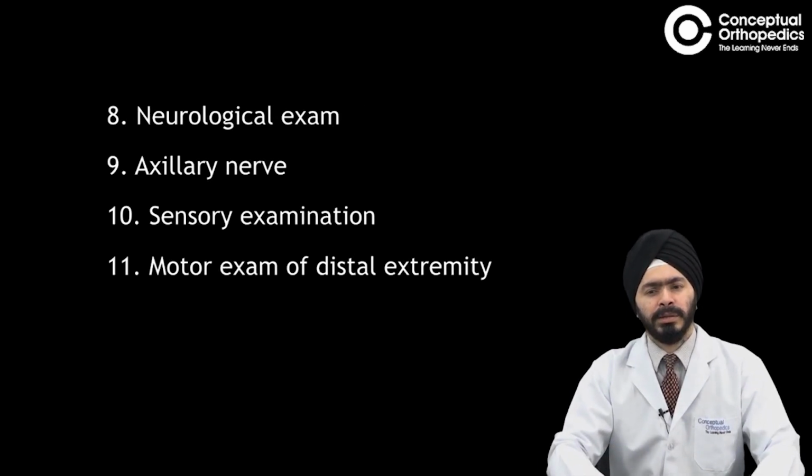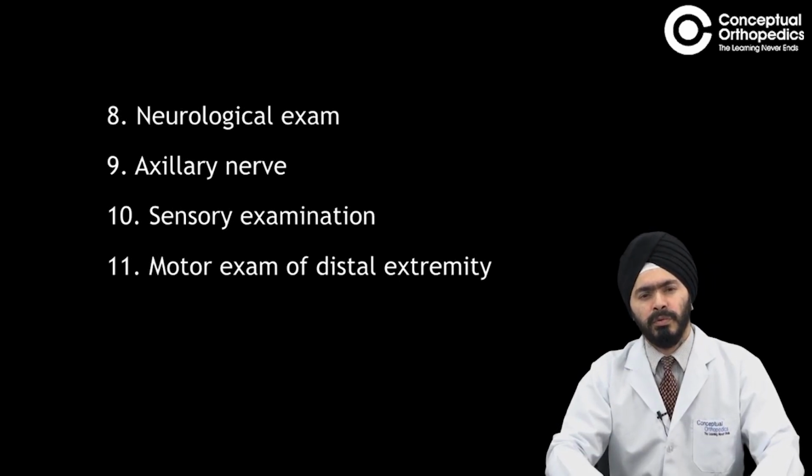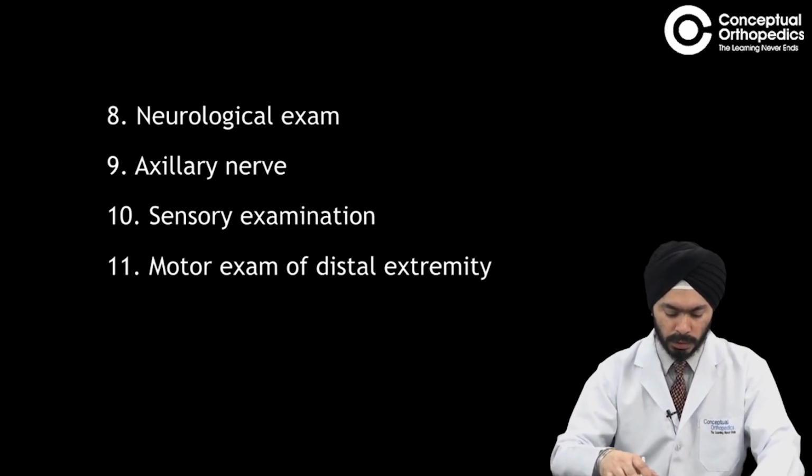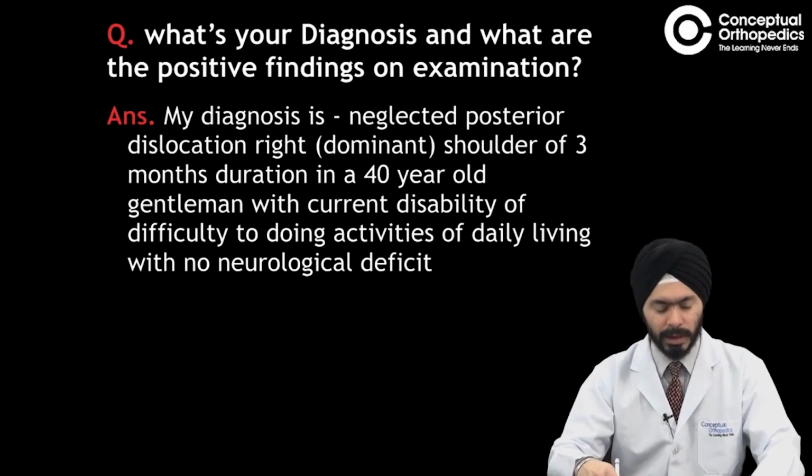Complete your examination by doing a sensory examination and motor examination of the distal extremity. Always look for axillary nerve palsy symptoms, because in any dislocation axillary nerve palsy may be present along with the dislocation. So at the end of your examination,